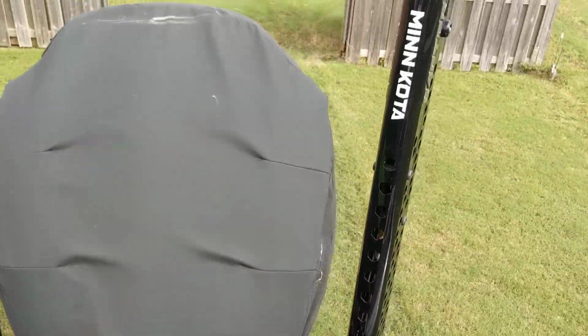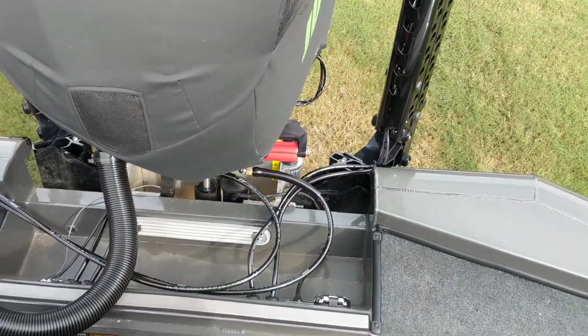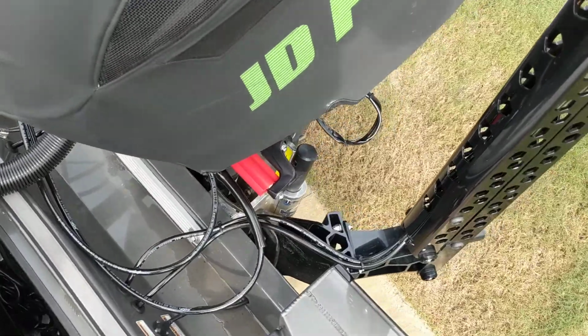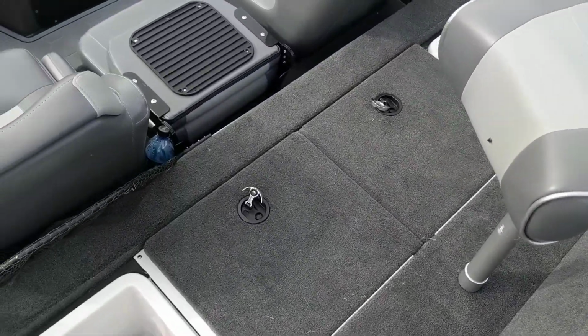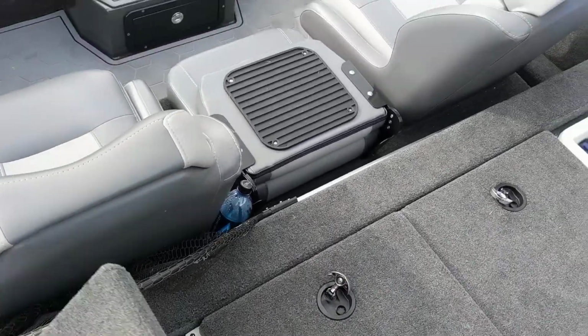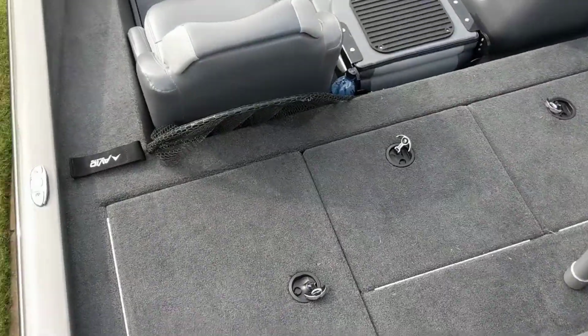As you can see in the back, I have my Minn Kota Raptures on it, and my hydraulic jack plate. Now, to give you a little reference of how big this back deck is, all right,